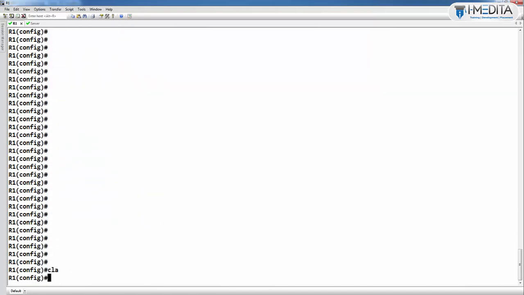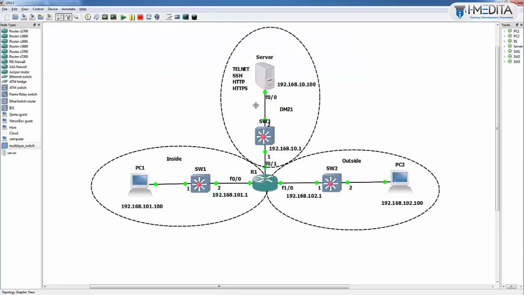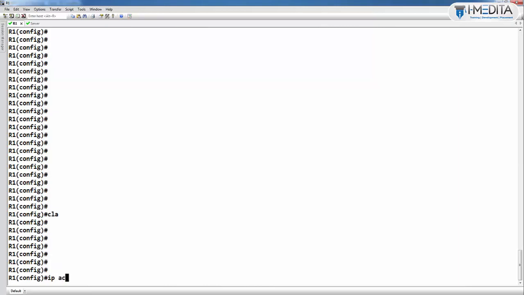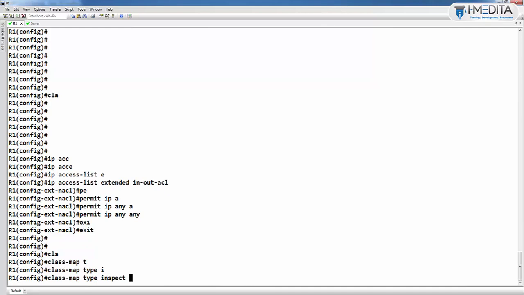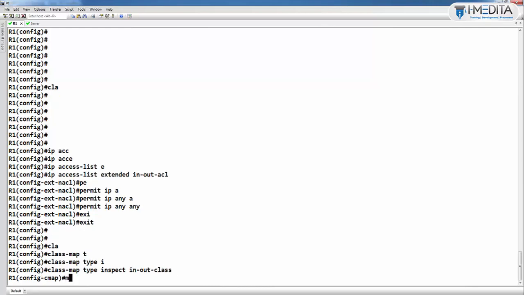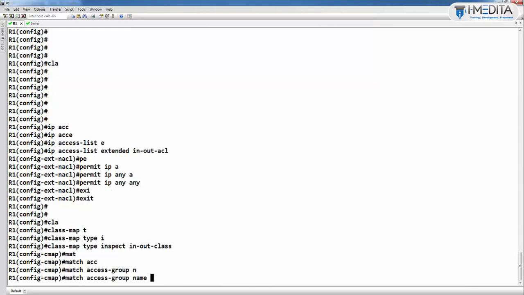Okay, now what we can do, first of all, for outside, IP access list extended, name into out ACL, permit IP any any, class map type inspect, yes, into out class, match access group name,